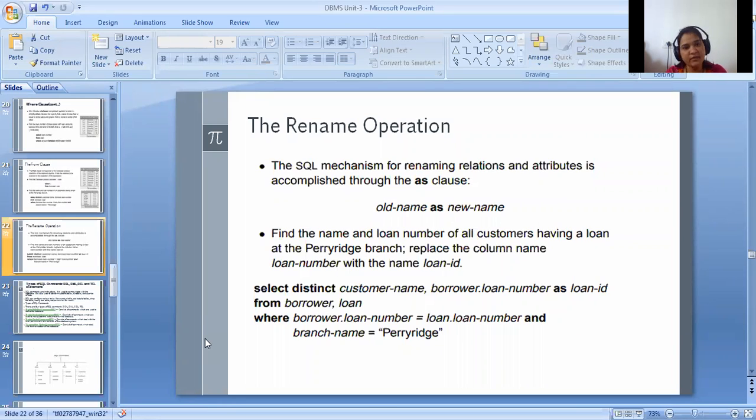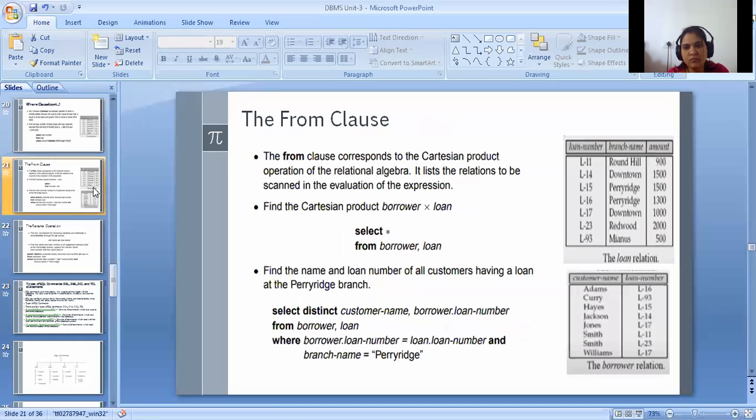Just fire the query: select distinct customer name, borrower dot loan number. Here we are using the dot operator, borrower dot loan number as loan ID. Why is it so? Because if you see over here carefully, the loan number attribute is present in both tables, the loan relation as well as the borrower relation.